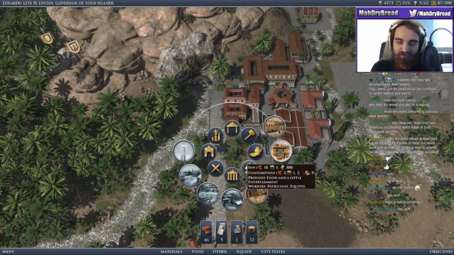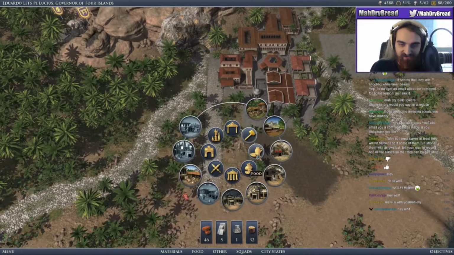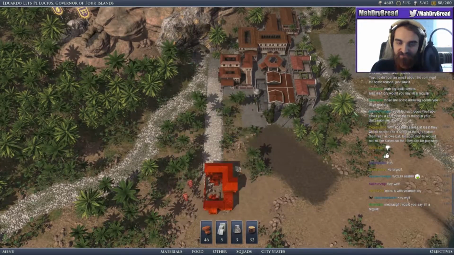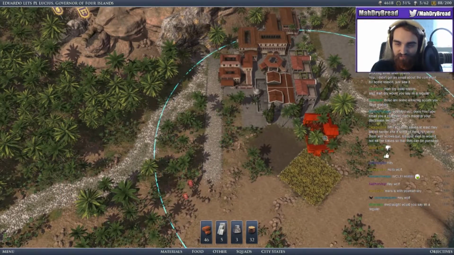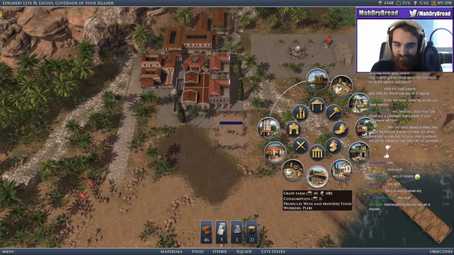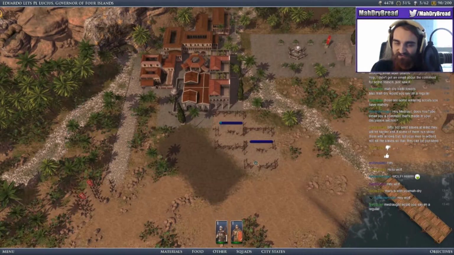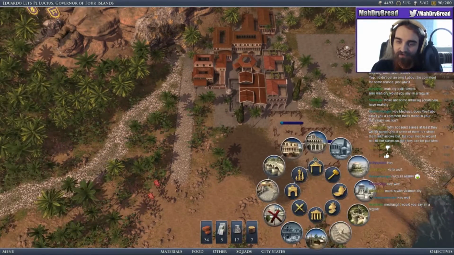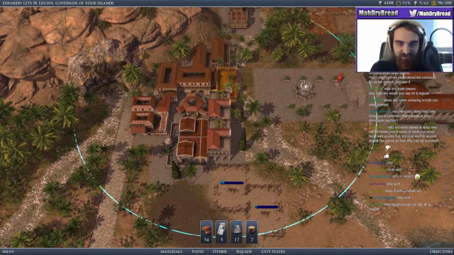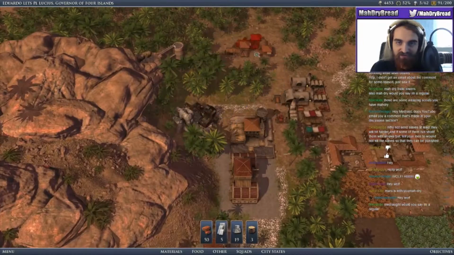Let's worry a little bit more about our economy at the moment. I would like to have olives and grapes down here. Did I do 2 olives? No, I did olive and grape. Okay. We're just gonna go ahead and increase our population. Oh, we need more